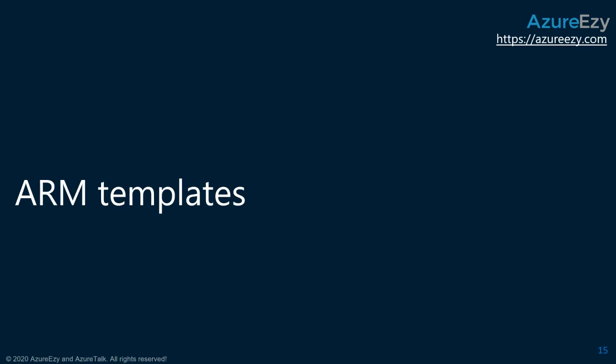Now talking about the next topic, which is ARM template. So far we have discussed, when you create your VM, these are the various things you need to take care of, whether in terms of configuration of the VM, such as size, operating system, naming convention, high availability, or in terms of a different aspect, which is networking-specific things.